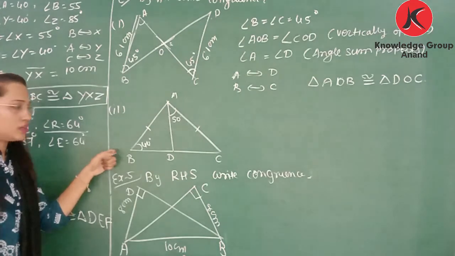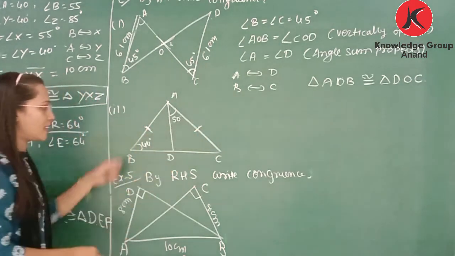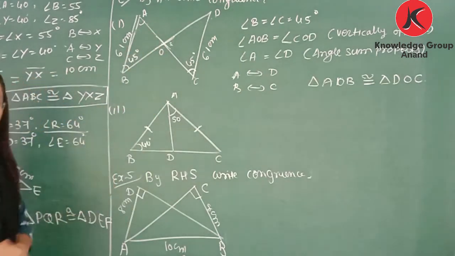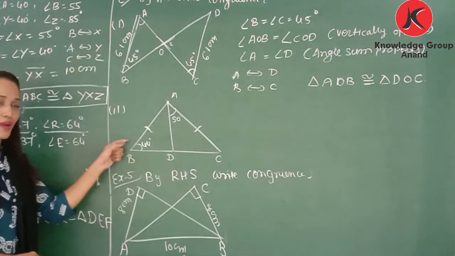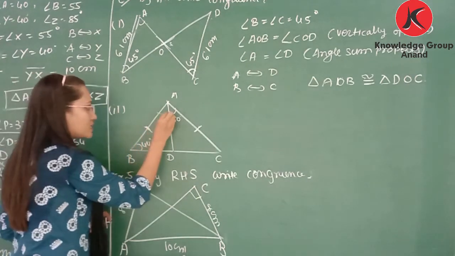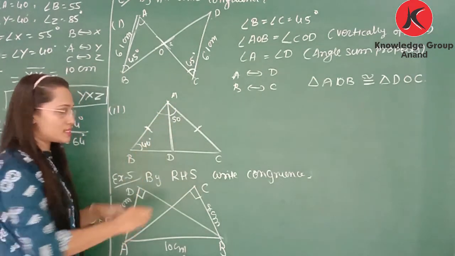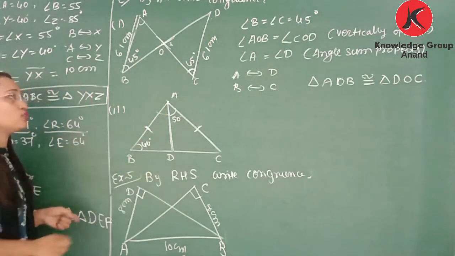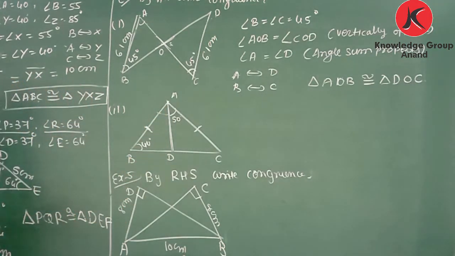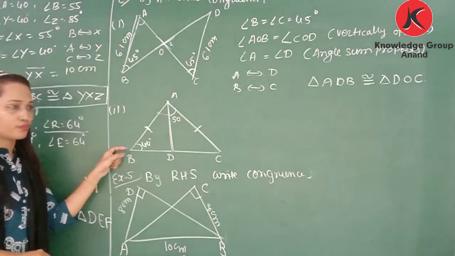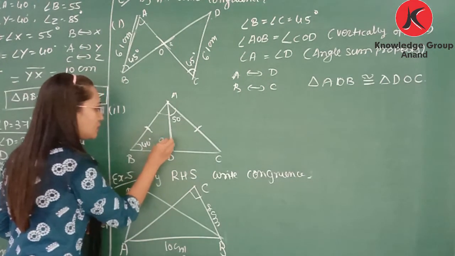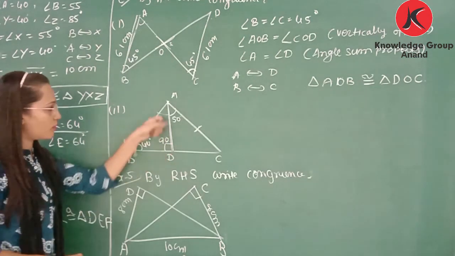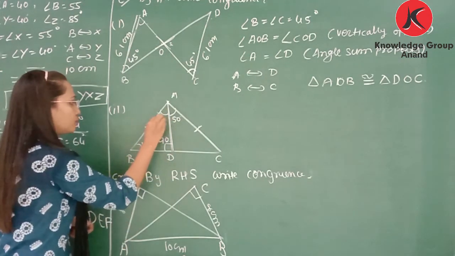This figure is given here. It is represented that this side is equal. Now you need to apply ASA criteria. You can apply side angle side if you find this angle and you consider this common side and this side, so these two sides and the included angle is this one. But here we need to apply angle side angle criteria. So find the angles. If this is 90 degrees, then angle A will be 50 degrees.